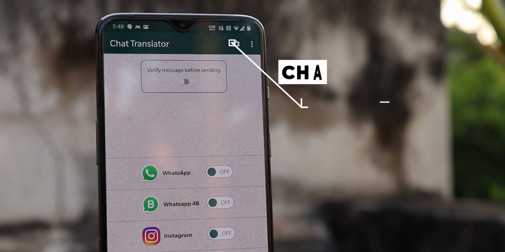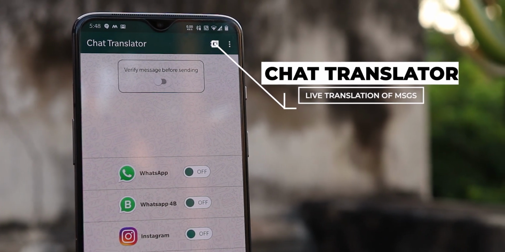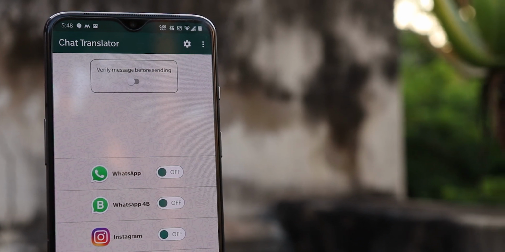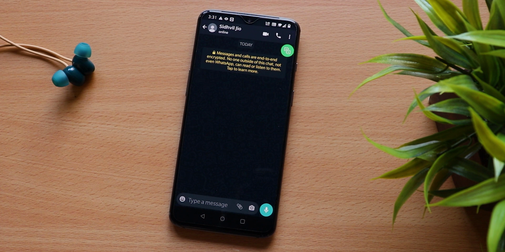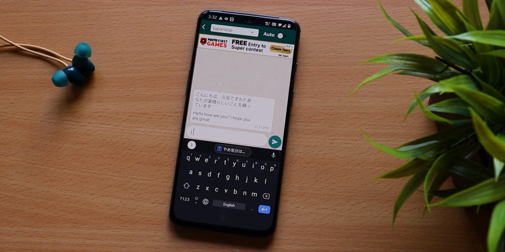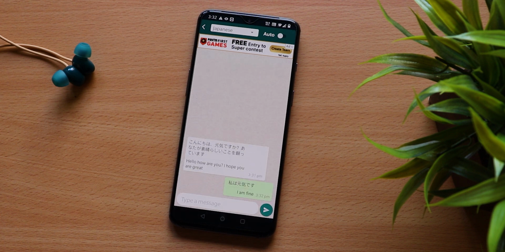Chat Translator. This is a translate app, but what's so great about it? This can translate your chat in real time from any language to any language. Imagine someone sent you a message in some other language and you don't know that language. For example, Japanese. Can you see this translate button on the top? Click on that. Now it will ask you the language and it will translate the message. The best part is, type your reply in English but it will send in Japanese. This even supports Indian languages like Hindi, Telugu, Kannada, Malayalam, etc.